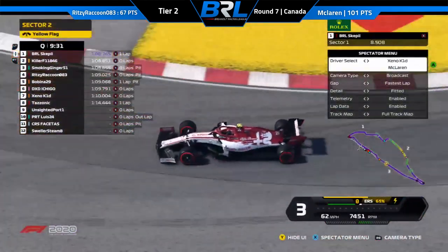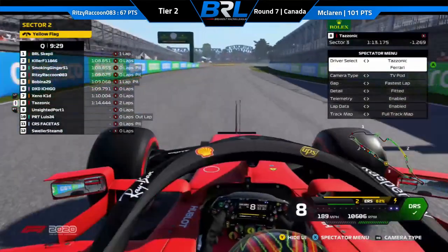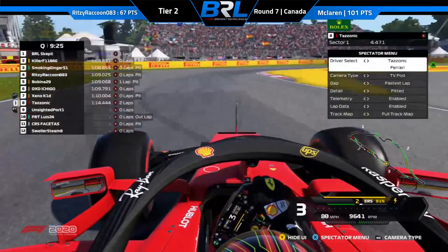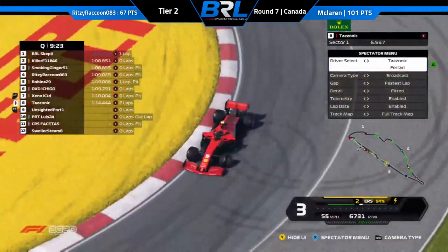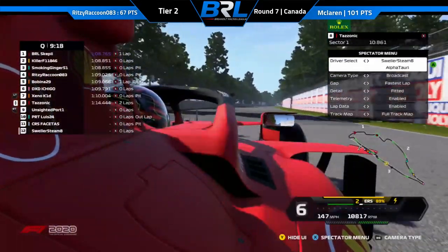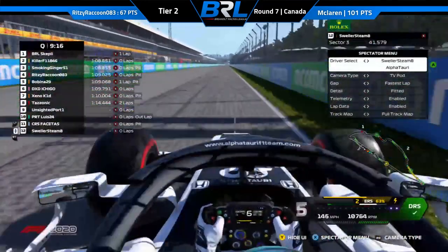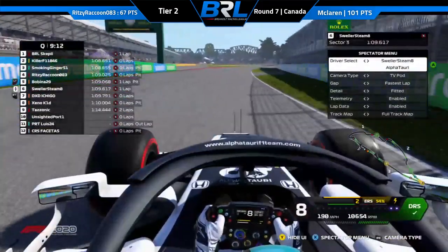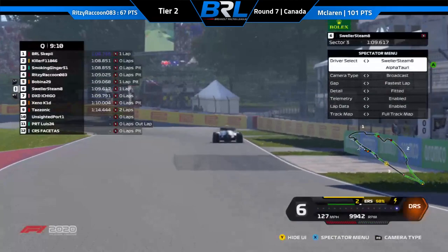Tazonic, the new shower in Tier 2, he's going to see what he can do. He's obviously 18th, 114.444. Like I said, a bad type of lap. He invalidated his last lap. He was promoted from Tier 3, so we'll see what he can do in comparison with everyone else. The 2 AlphaTauri, Sweller, he's going through. He looked like he was on a flyer indeed. He's going through 13-14 up to the line. He's P6. His teammate,